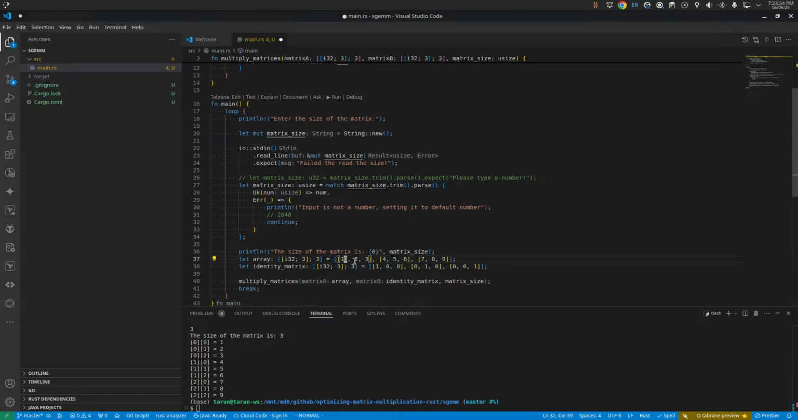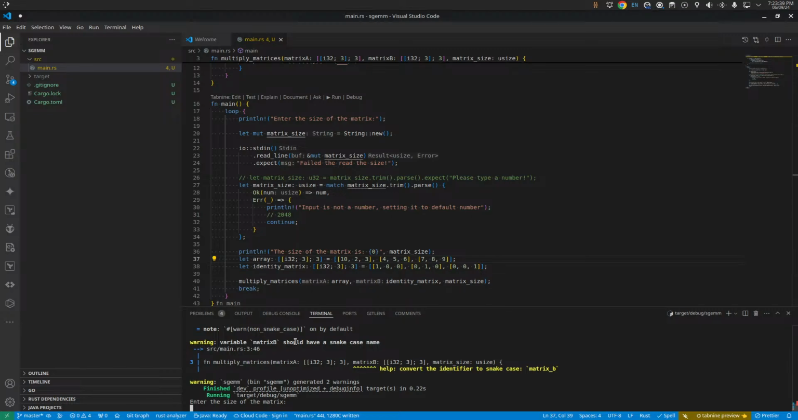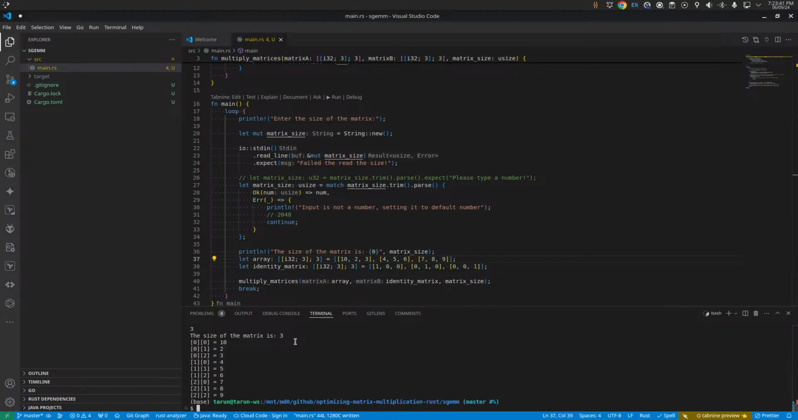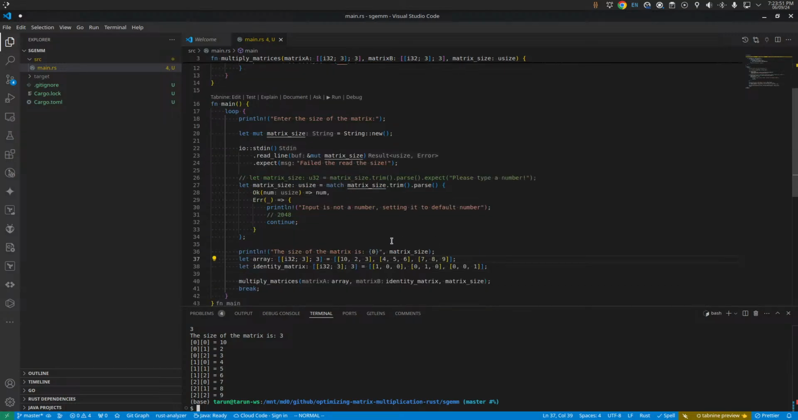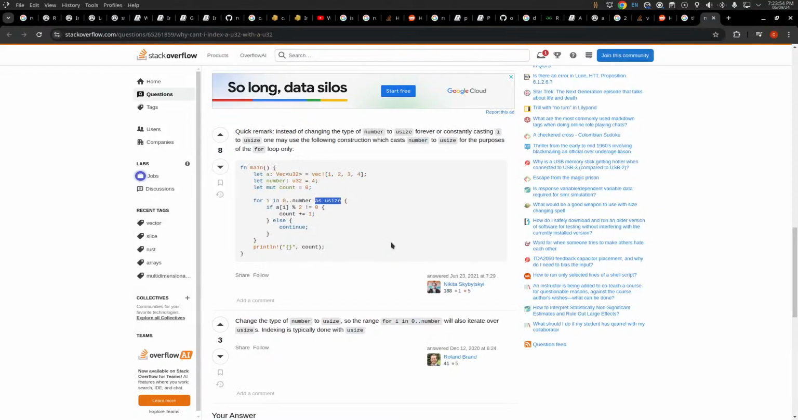if I put this as 10, then it should print 10. Okay. 1, 2, 3, 4, 5, 6, 7. Okay, good. We learned some basic stuff about Rust, which we will continue tomorrow, and I'll implement basically this repository